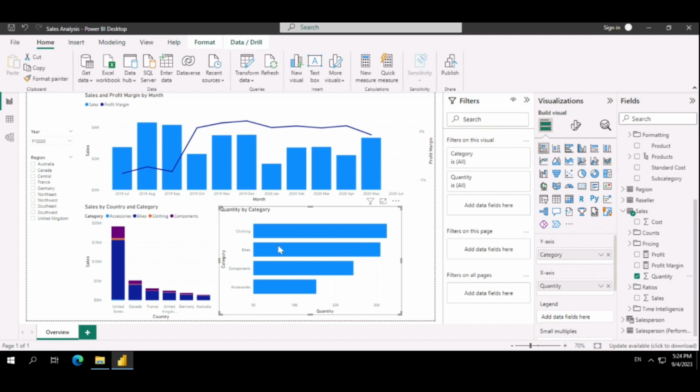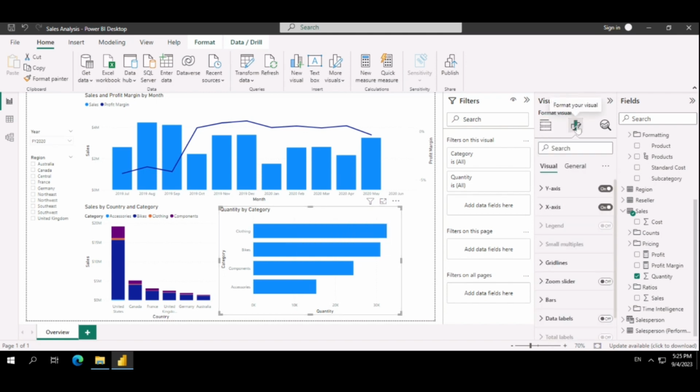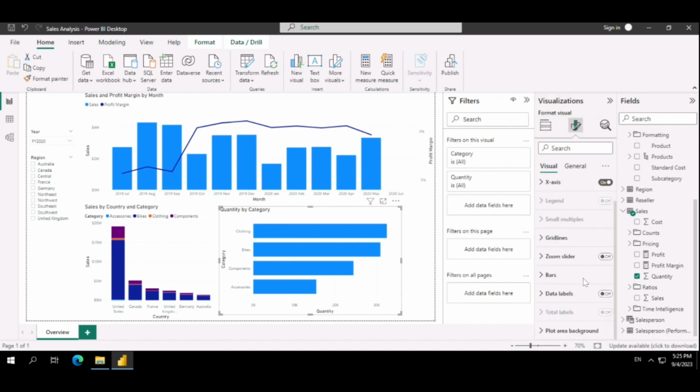We cannot see the exact amount until we hover in front of the chart. So we can enable labels by going into the format visual tab, and then just click on data label. So it will show up the data labels